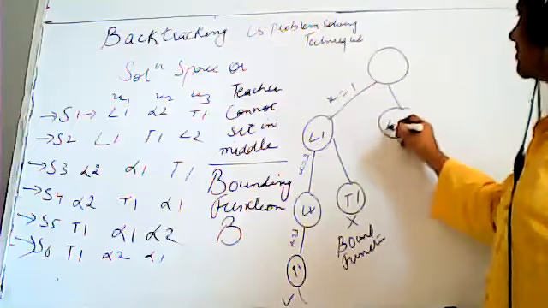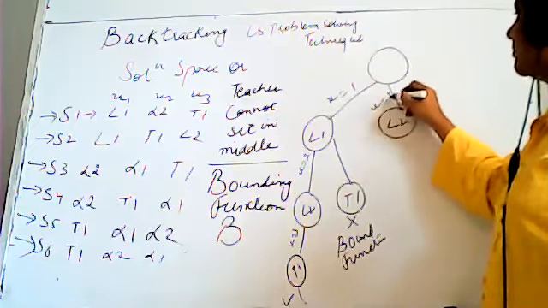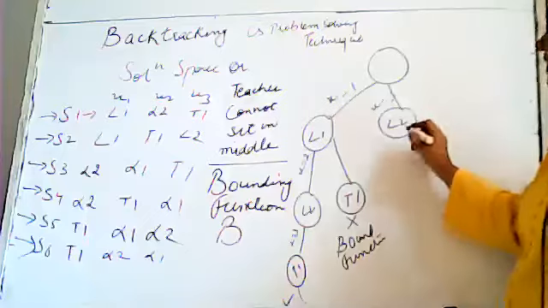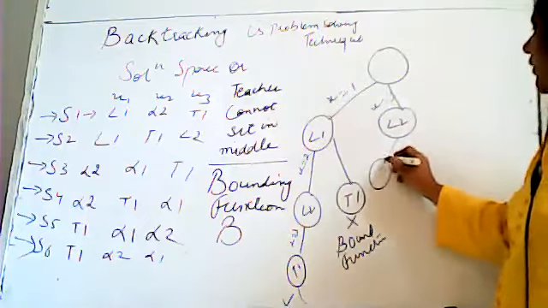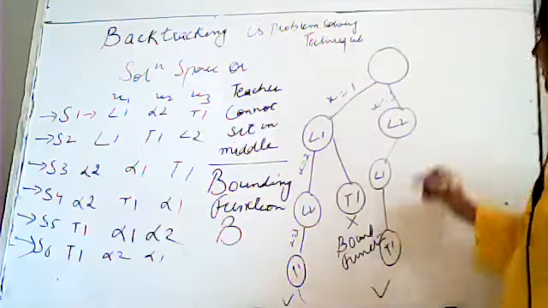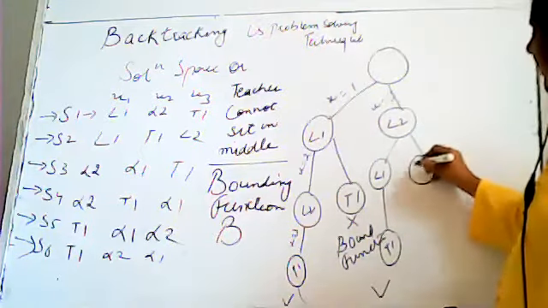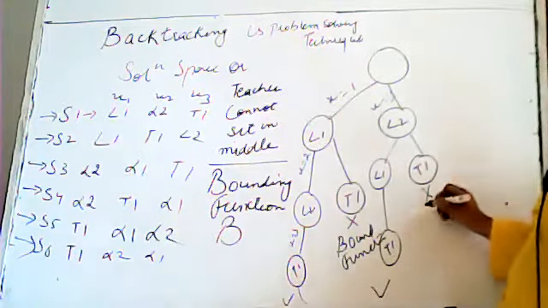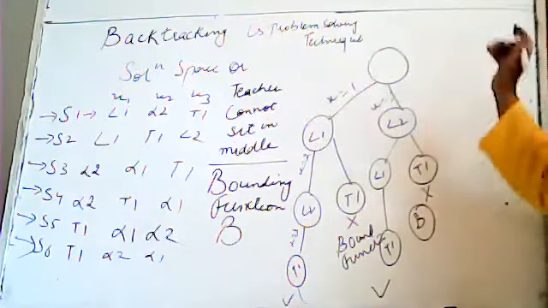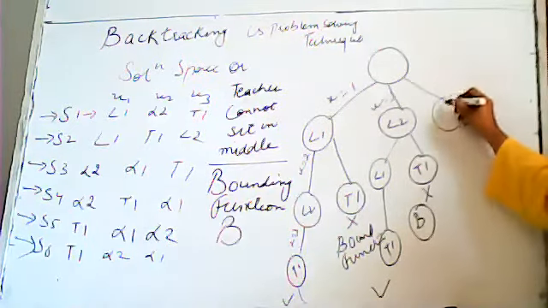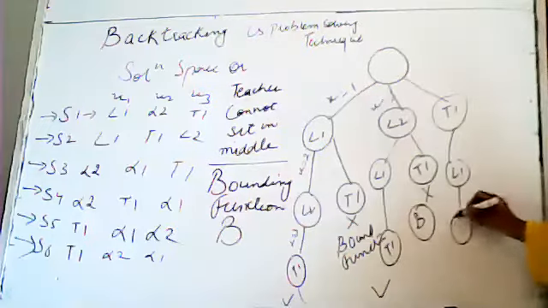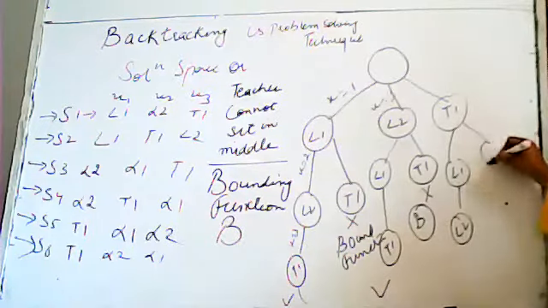The next possible combination is L2, x is equal to 1. Seat 1 we have made seated lawyer 2. Now, lawyer 1 and T1. This could be my second solution. Here, if I again put T1, I will be stopped by the bounding function. So I will backtrack and move to the next node. In the next node T1 is there. There is no problem when two lawyers are sitting together.